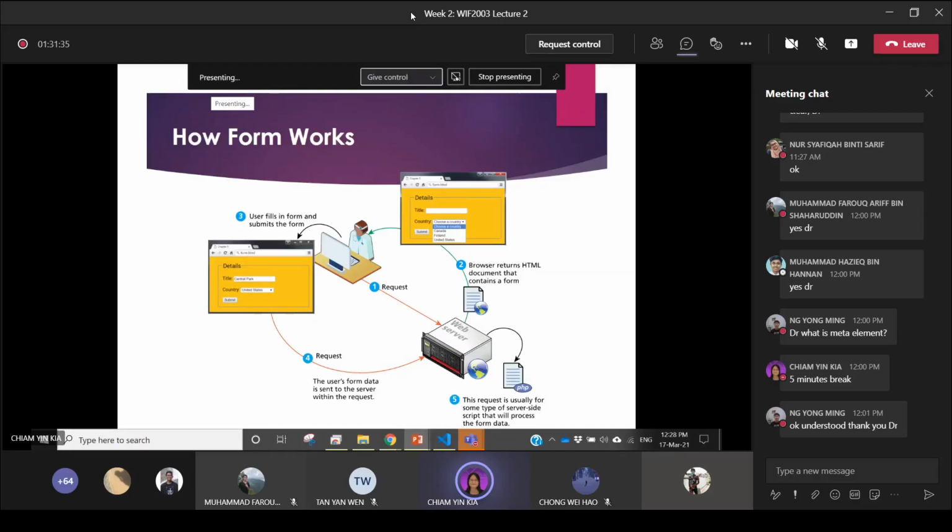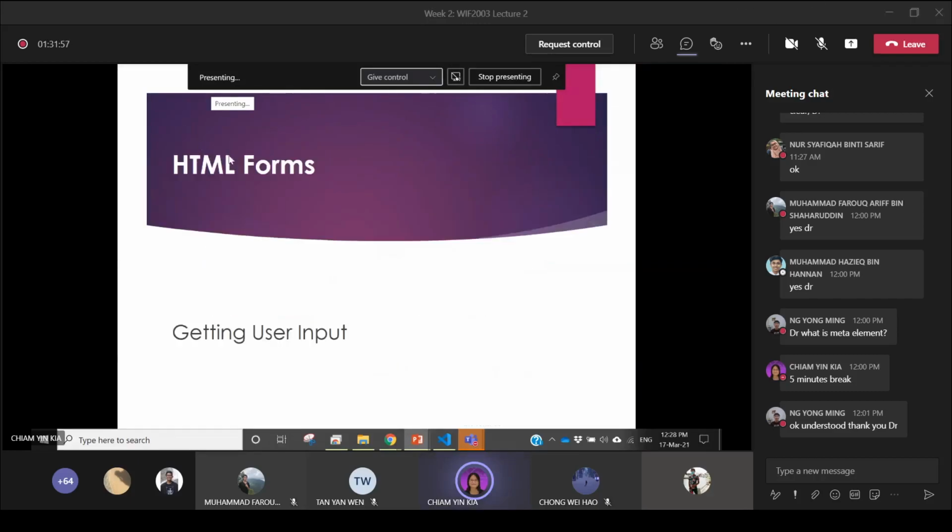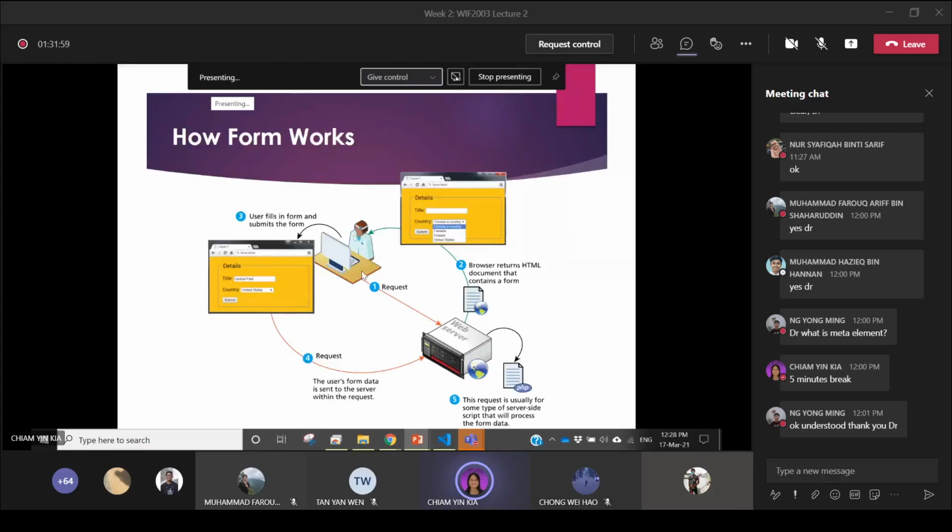One of the things is that if, let's say, we want to pass data to the backend or to the server side for further processing, we need to have that in web programming or servers, the client server